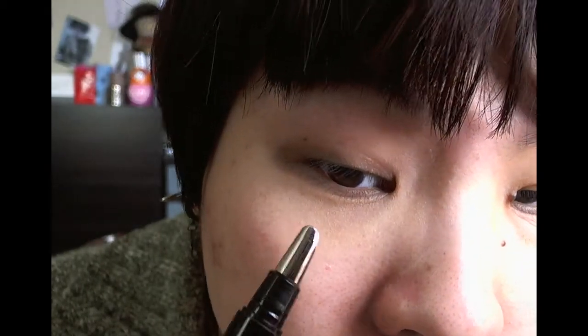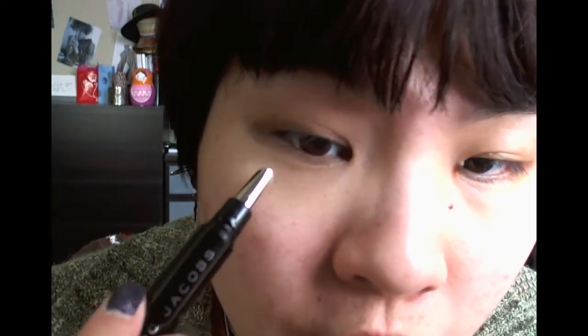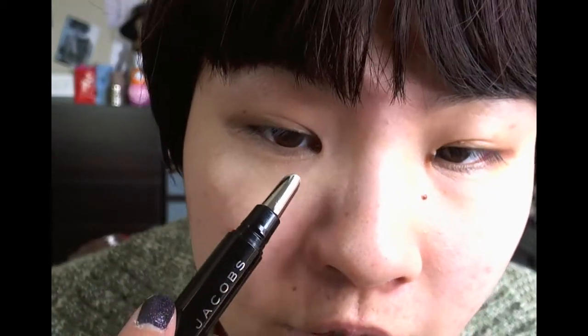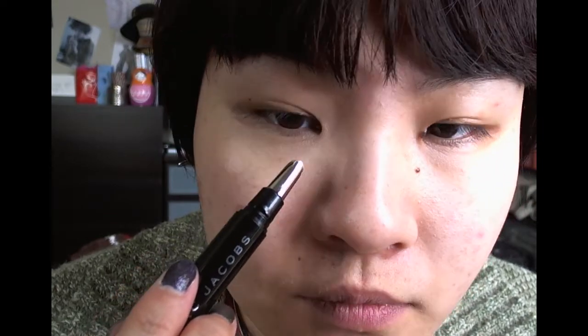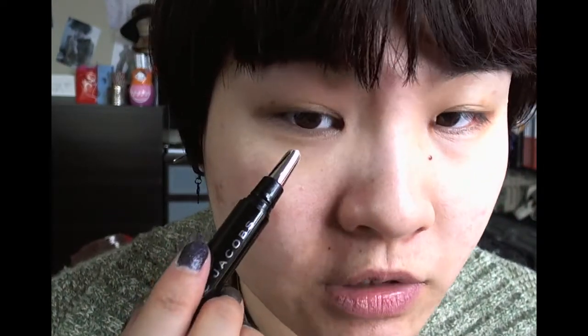Anyway, so I apply just one click, and I just apply that amount and kind of smooth it onto the under eye area. I can feel the metal tip touching my under eye, and it's kind of to depuff with this metal tip, because that's what it's designed for, right? And then as you can see,